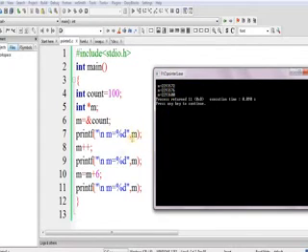So that is how we perform the increment operation, and the same is applicable for decrement also. That is the difference between a simple variable increment operation and a pointer variable increment operation. In a simple variable, if we perform an increment operation, it will increase the value by 1. But in case of a pointer variable, the increment depends on the size of the data type.